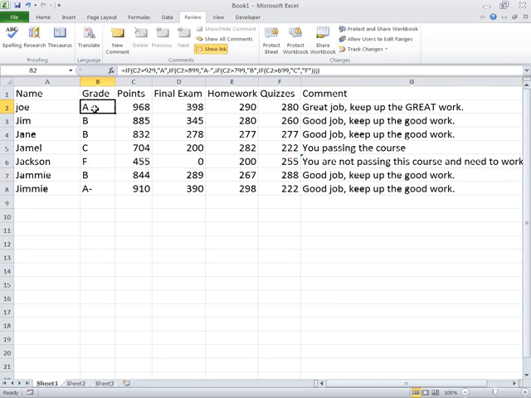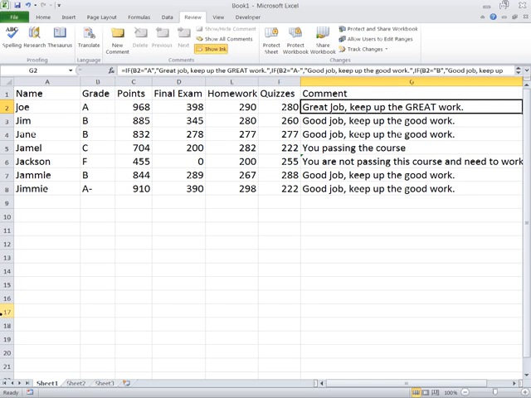So what I'm showing you here is how to do an if statement with a number, and we showed how to embed it to get them 4 deep. You can go as deep as you want, as complex as you want, anything you want to do there. What we'll do later on in the course is show you another way to do this that is much simpler, and you can do it 10, 20, 30 deep as far as you want. It's called a VLOOKUP. So right now we learned this for the number, this for the letter, and what we will learn later on in the course is how to do the